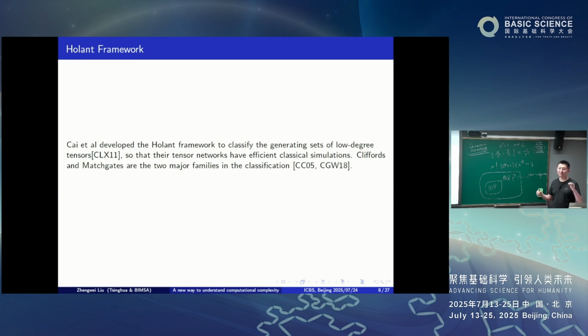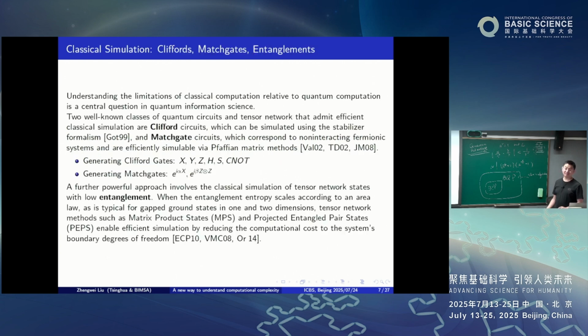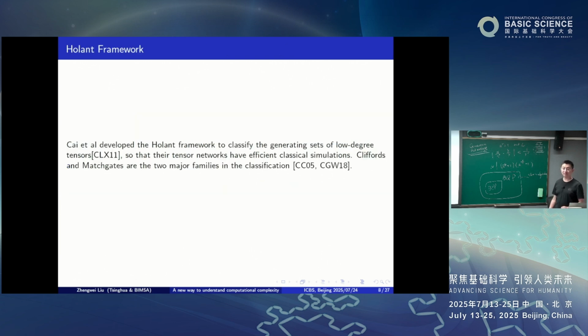That also gave the unique conditions of those Clifford and matchgate families. So even though people started previously in quite a different way, from the complexity theory point of view, they have their unique role. They also show that if you take another generating set, then computing those tensor networks is not just NP-hard, but #P-hard, some kind of the most difficult problems in this family. So it is either as simple as a P problem or #P-hard, nothing between.